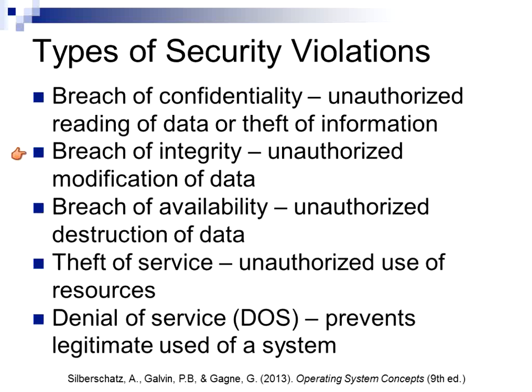Another type of security violation is a breach of integrity. This would be the unauthorized modification of data. In other words, let's say I hacked into a bank system and changed my account balance. I gave myself more money than I actually had. That would be a breach of integrity. There's also a breach of availability. This is the unauthorized destruction of data. That would be some malicious intent where someone went in and actually destroyed files for whatever reason. Deleted files, deleted information.